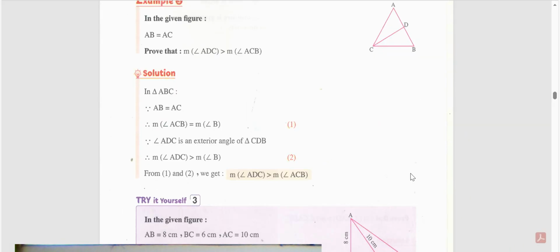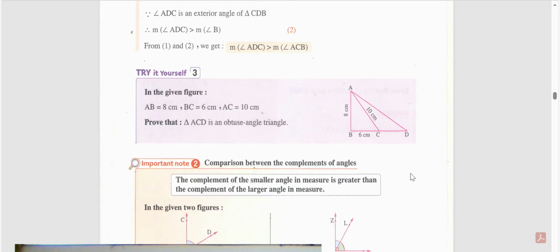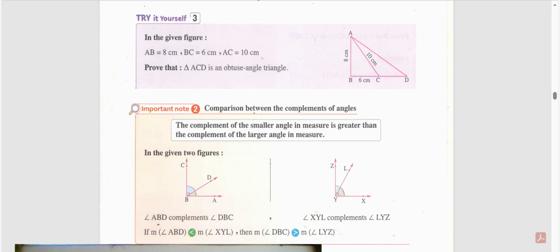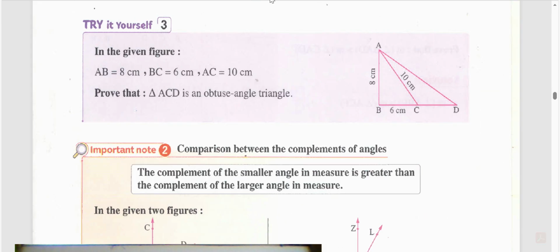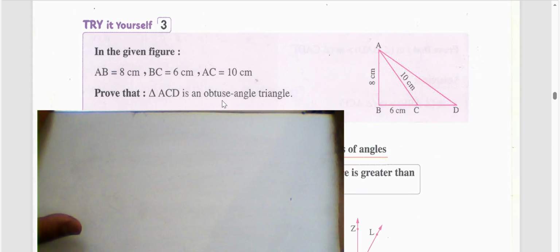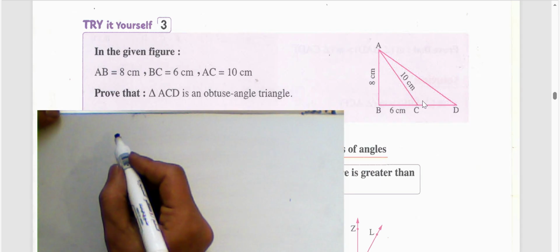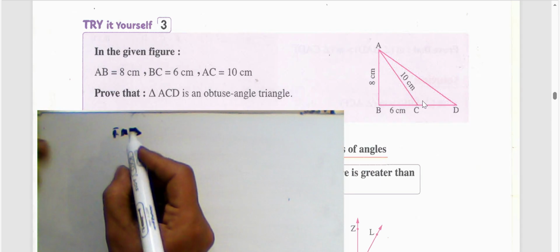Okay, we have an example here and a solution for it. You can read this by yourself. Okay, next question, try it yourself. He gives me the information here. We can prove that this is a right angle triangle. We want to prove that the measure of angle ECD is obtuse. If you prove that the measure of angle B is 90 degrees, then the exterior angle is greater than 90, so it will be obtuse. So we must write first in triangle